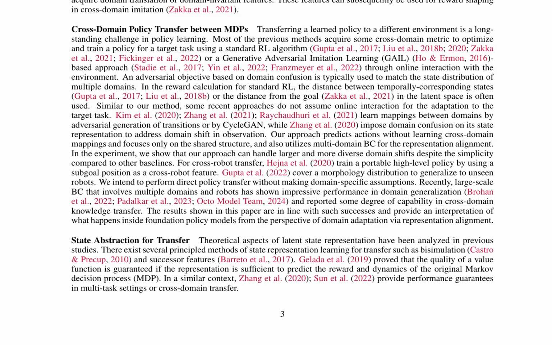The authors then describe their approach, which involves learning state and action mappings between domains to acquire a domain shared feature space. They assume the existence of a common latent MDP structure shared between the source and target domains, and aim to learn the state mapping functions phi-x and phi-y, and action mapping functions xi-x and xi-y, to enable policy transfer. The proposed algorithm consists of 2 phases, alignment and adaptation.